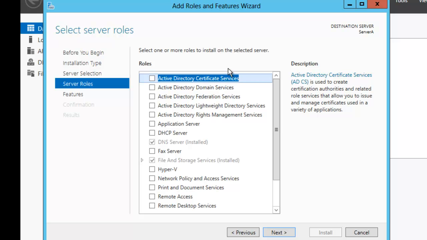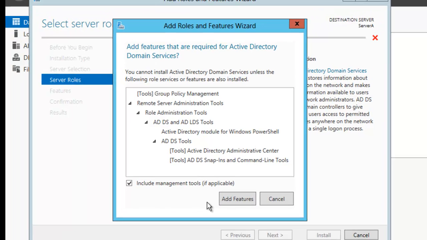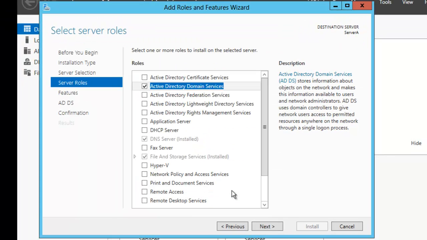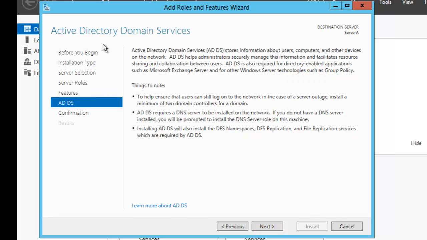Then I'm going to choose Active Directory Domain Services. So I'm going to click on this, and it's going to pop up a box asking me if I want to install these additional features. So I'm going to say Add Features, and I'm going to click Next. Then it's going to ask me if I want to select any additional features. At this time, I'm just going to click Next, and I'm going to get an actual information screen about Active Directory. So you can take a minute and read this screen, and when you're done,